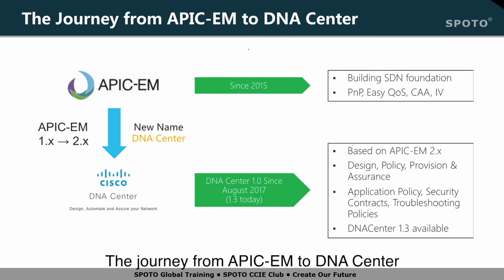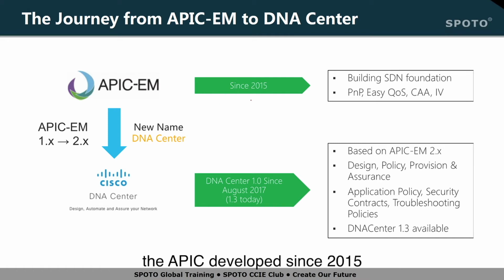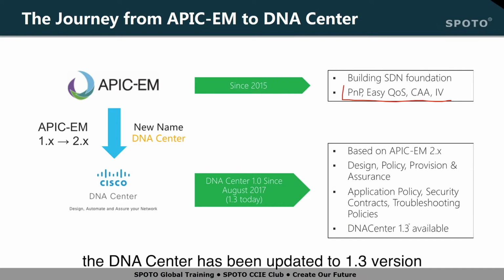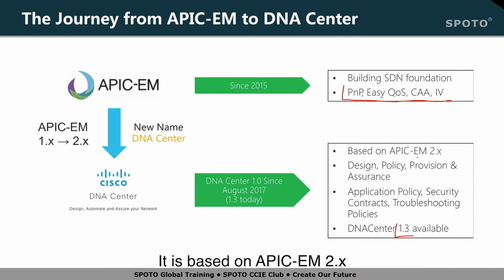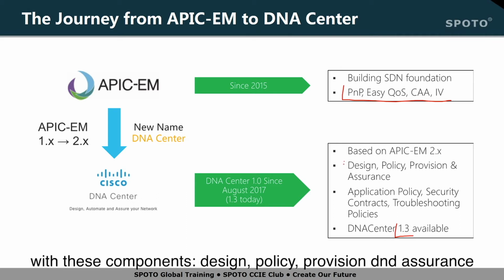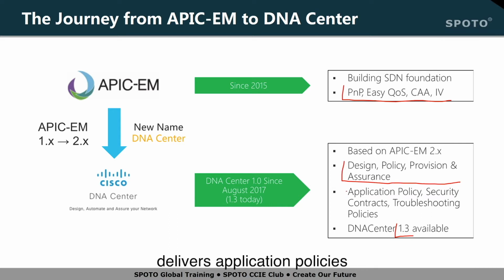The service desk, the SLA, and actions can be automated. The journey from APIC-EM to DNA Center. APIC-EM was developed since 2015, and it builds the SDN foundation, using very basic functions. Nowadays, DNA Center has been updated to version 1.3. It is based on APIC-EM 2.x. With these components, design, policy, provision, and assurance, it delivers application policies, security contracts,